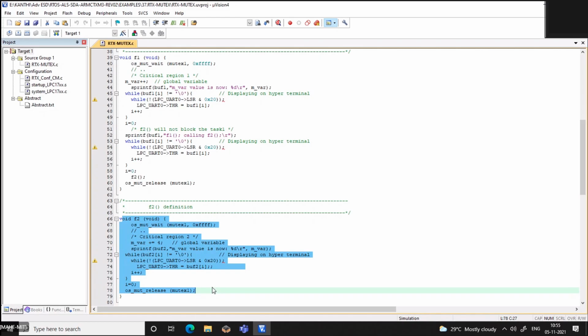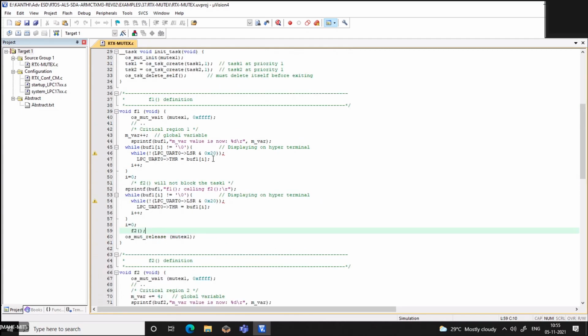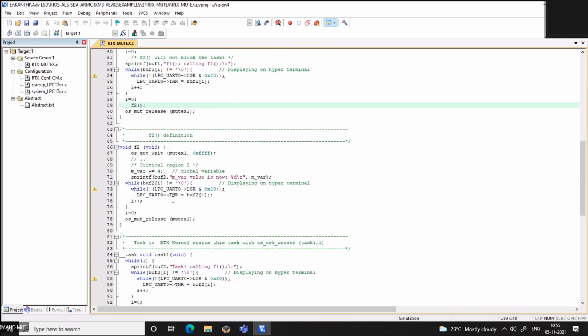Ma'am, you just leave task 2 for a second and see what the point is here. In function F1, I have started task 1. So function 1 has started, and you call function 2. F2 again is trying to acquire the mutex. It will not get the mutex. It will get into the suspended state, and from there it can't come back. As soon as this goes to the suspended state, immediately the other task which is in the loop, suppose task 2, both having the same priority, starts execution, right?